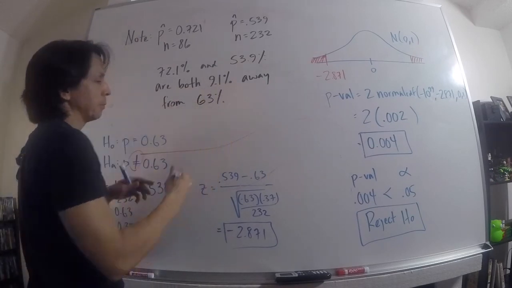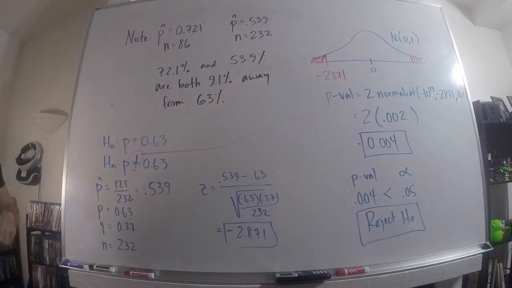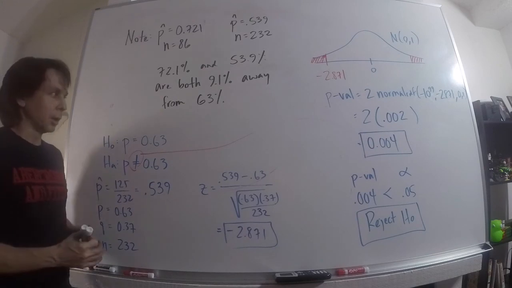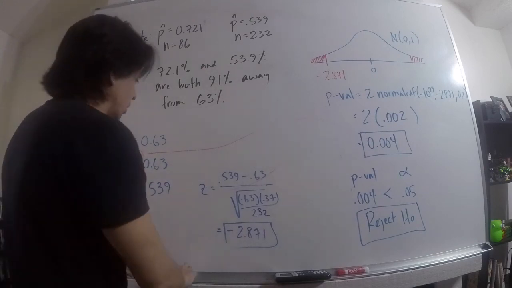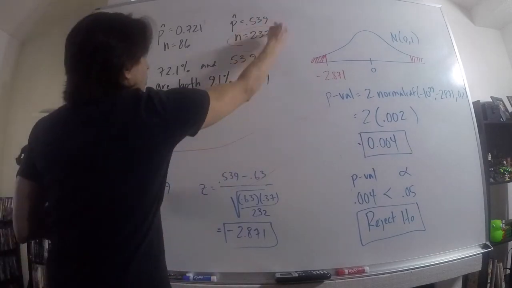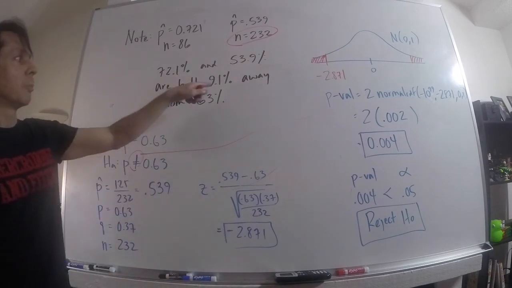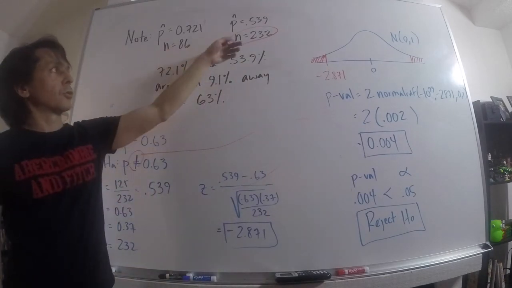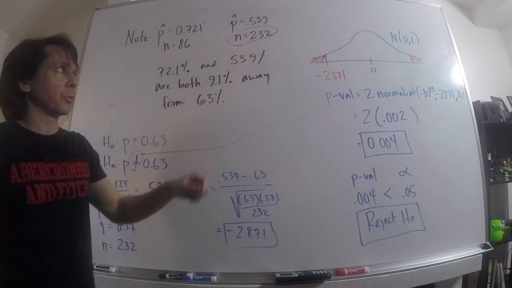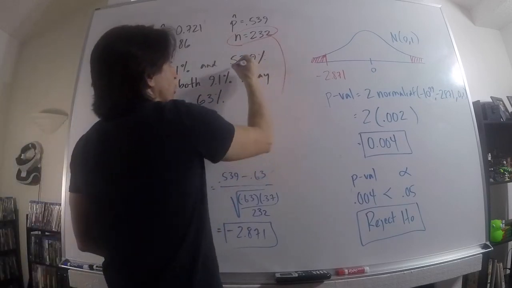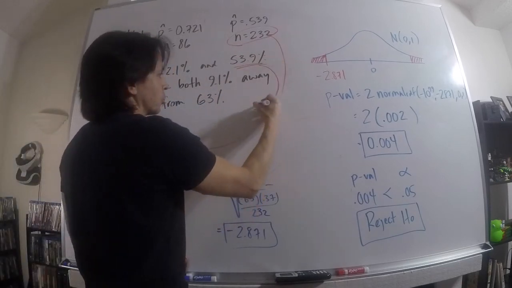So they're both the same distance away. And at first you would think that would result in the same conclusion, because it's the same distance away, but the difference is the sample size. Being 9.1% away is stronger evidence when you have a bigger sample size. So this one was stronger evidence